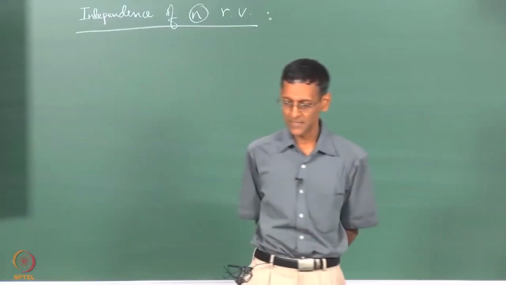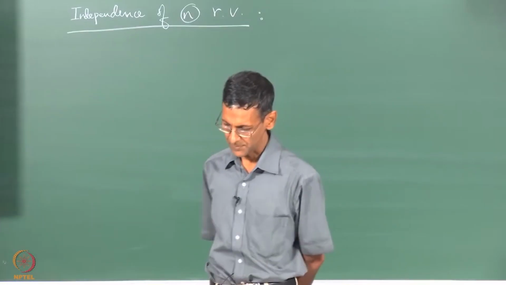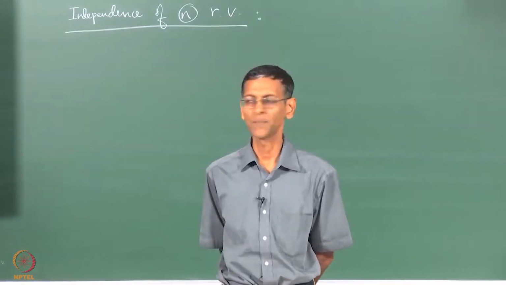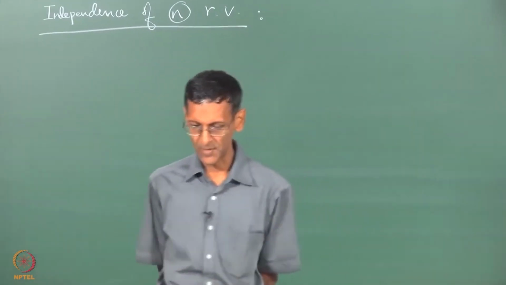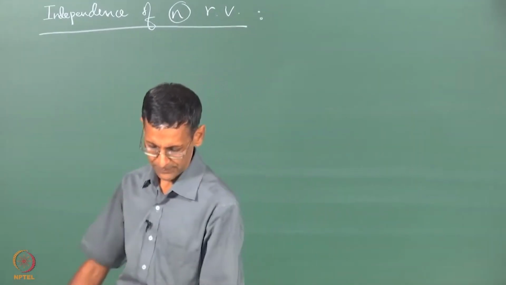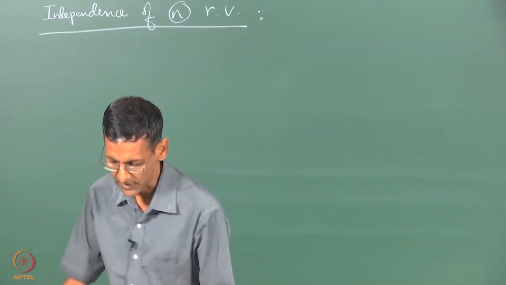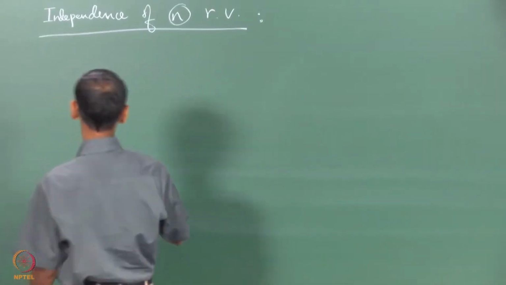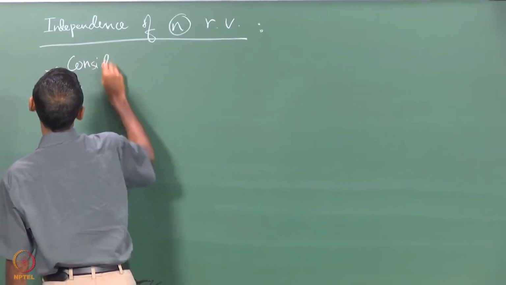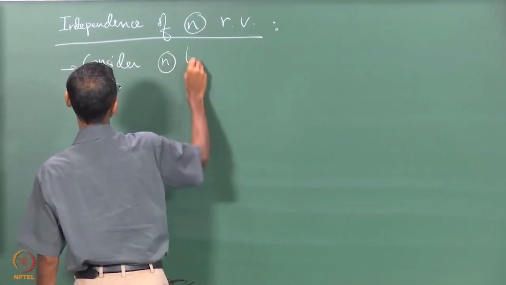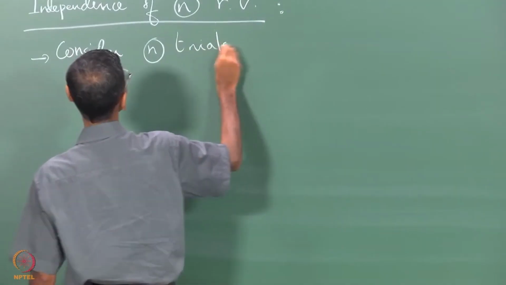Okay, so yesterday we were talking about this topic, right? The independence of n random variables. I thought it's a good time to be a little more formal about it, or go a little more into depth on this. So what I'm asking you to do is consider n trials of some experiment